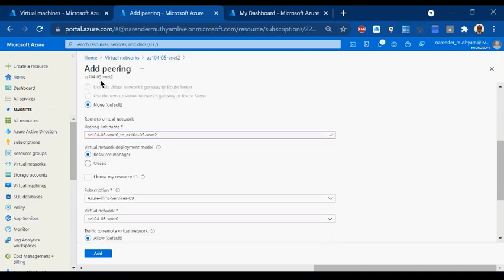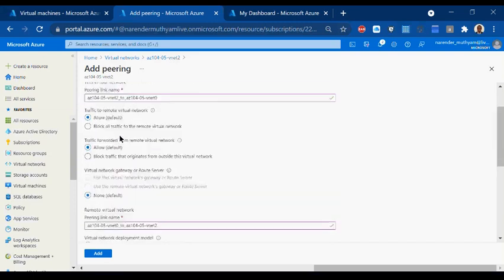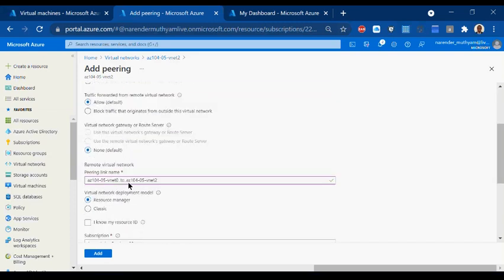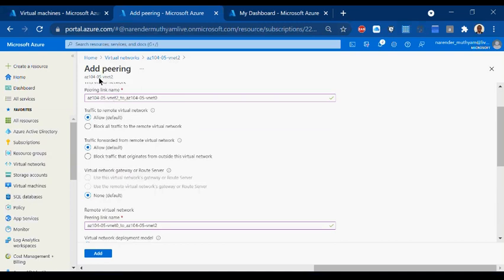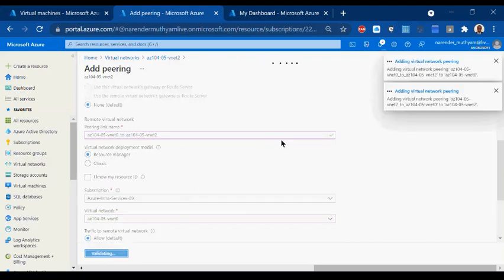That's it. So 0 to 2 means being in 2, I'm establishing connectivity between 0 and 2, from 2 to 0 and 0 to 2, and once you're done with selection of everything, then click on add.